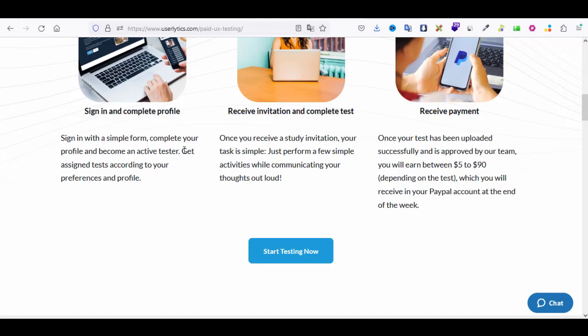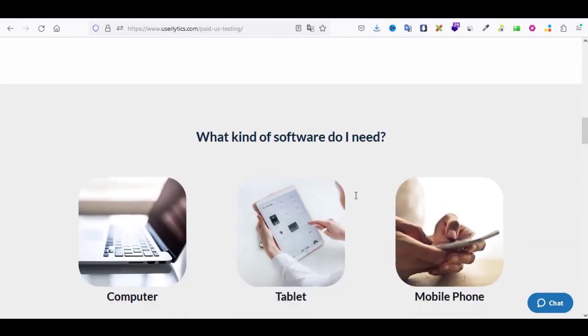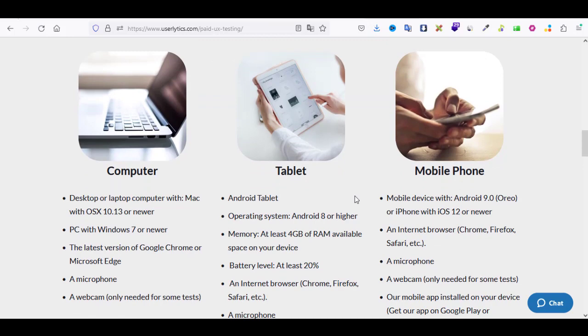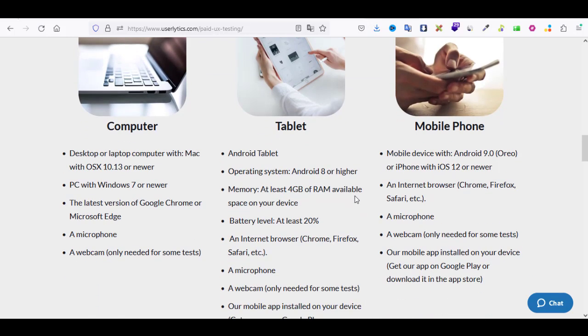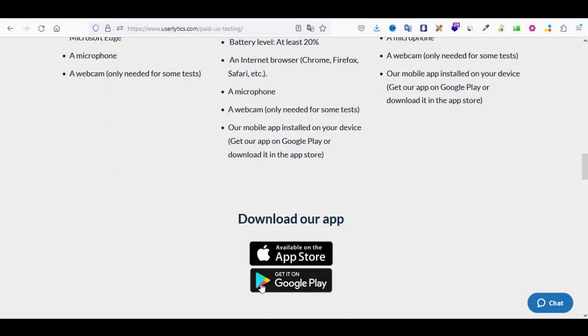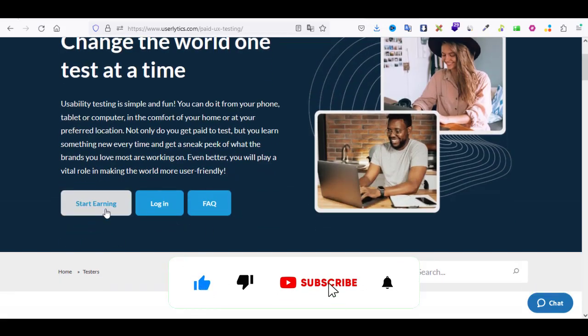Now let's talk about money. Userlytics pays testers anywhere from $5 to $90 per test, depending on the complexity of the work and the time it takes to complete it. So get started fast and get paid to do what you already enjoy, browsing the internet and testing new apps. To get started, click on the Join Us button in the upper right corner, and it will